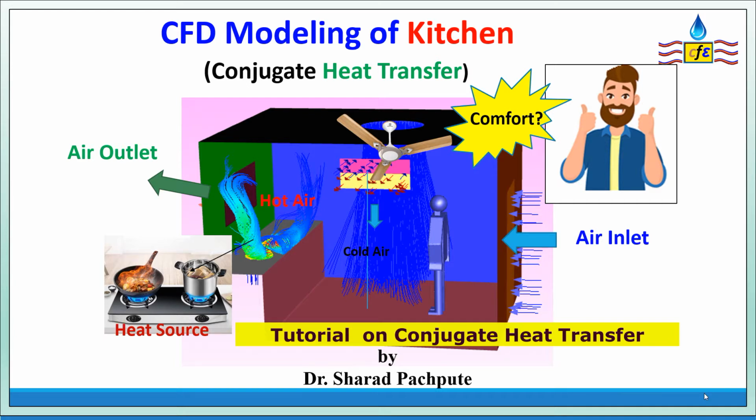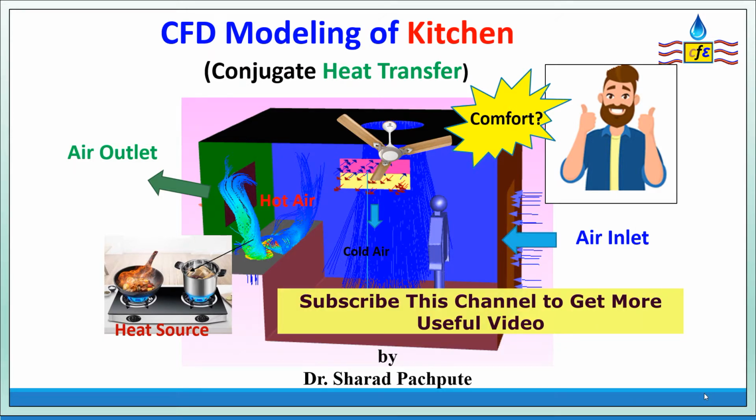In the kitchen, the surrounding air is at atmospheric temperature, which is just above human comfort temperature. To control the temperature, we also supply cold air with the help of an AC. A fan is attached at the top of the floor to circulate air inside the kitchen. At the same time, hot air is also generated using a gas stove or some vapor generated from food items.